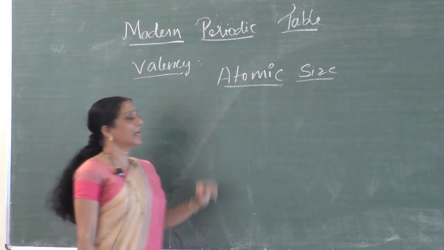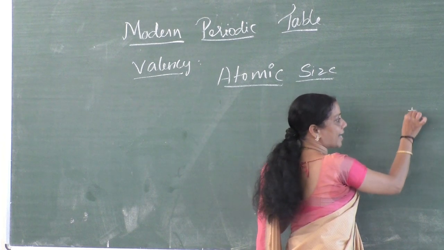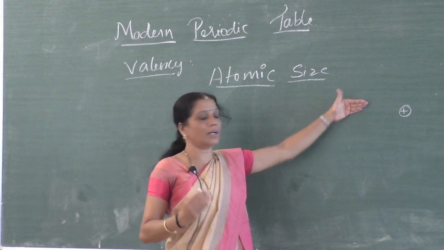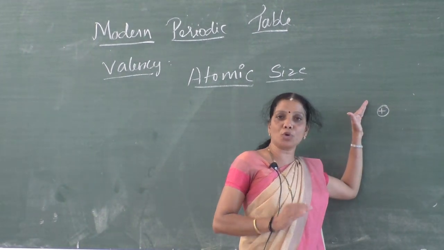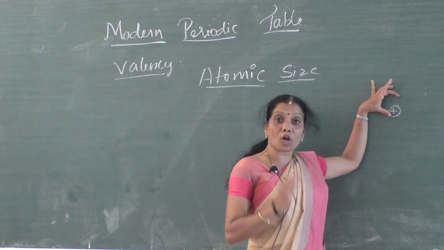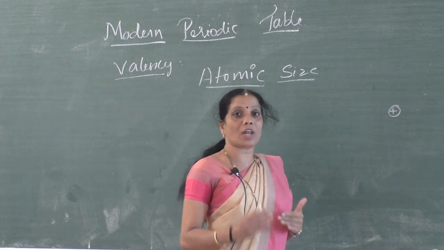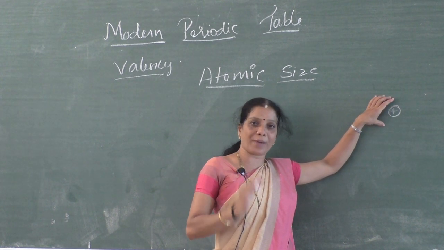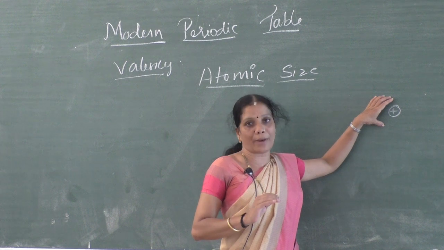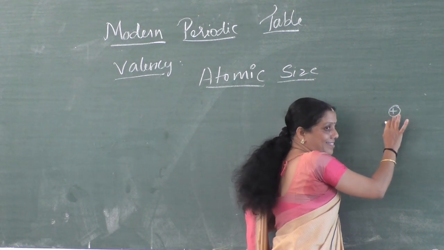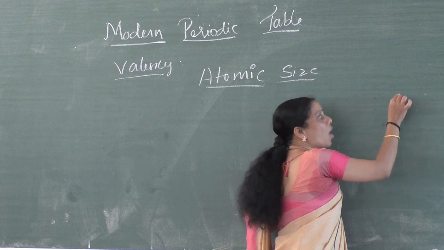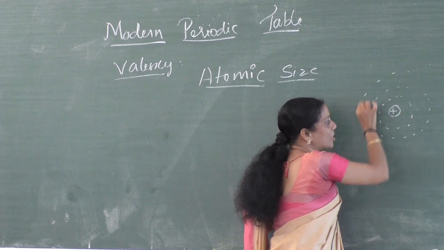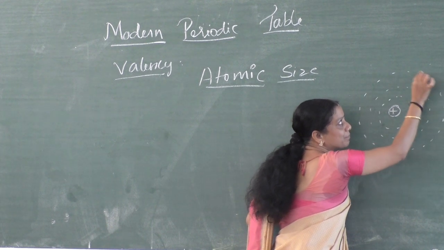Listen here, we know that any atom, if you consider, always at the center it contains a nucleus. The nucleus of an atom always contains a different number of protons along with the neutrons. We know that protons are positively charged particles and neutrons are neutral particles. Surrounding this nucleus containing the protons and neutrons, various numbers of electrons revolve around the nucleus in a definite